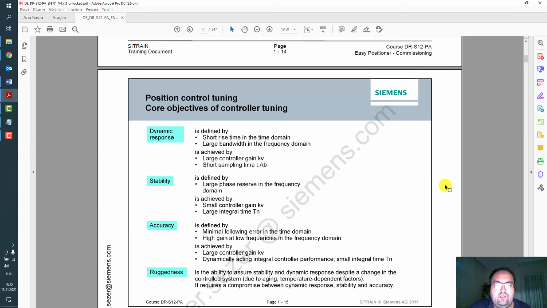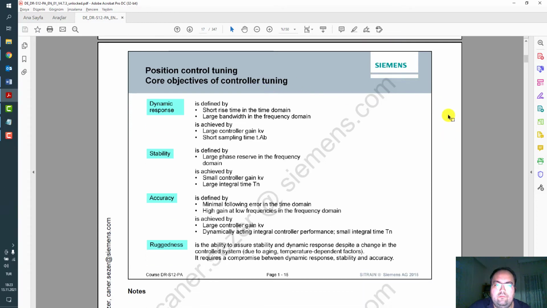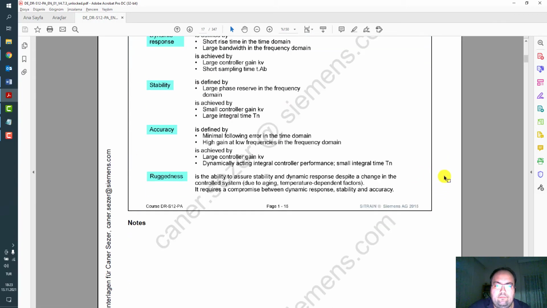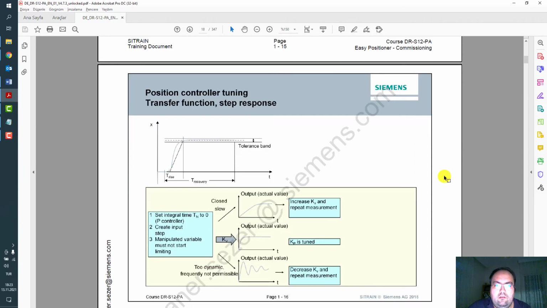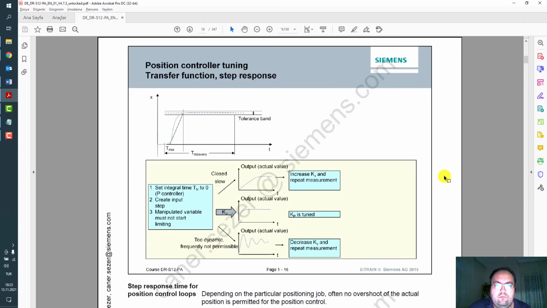And next page, what are the core objectives of controller tuning? Dynamic response, stability, accuracy, ruggedness. And for tuning, we will use transfer function for step response.